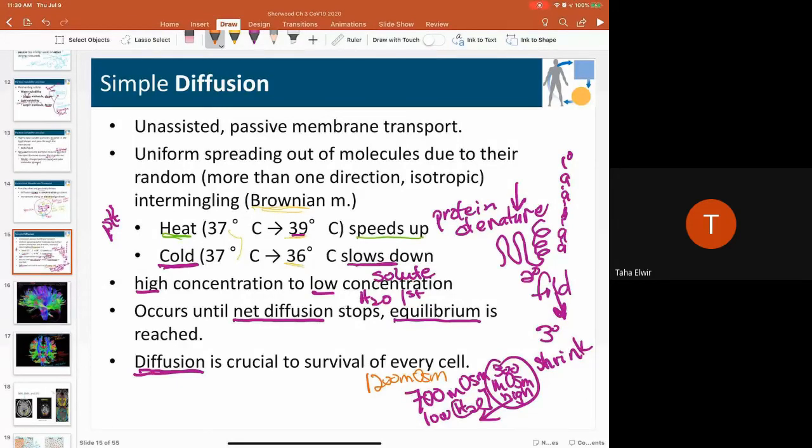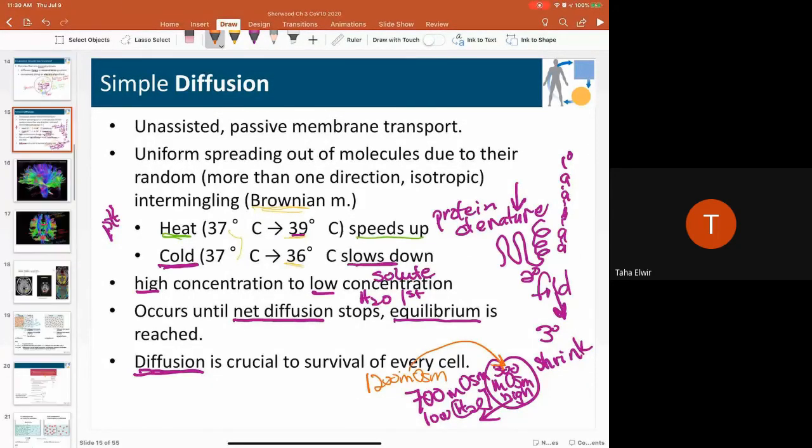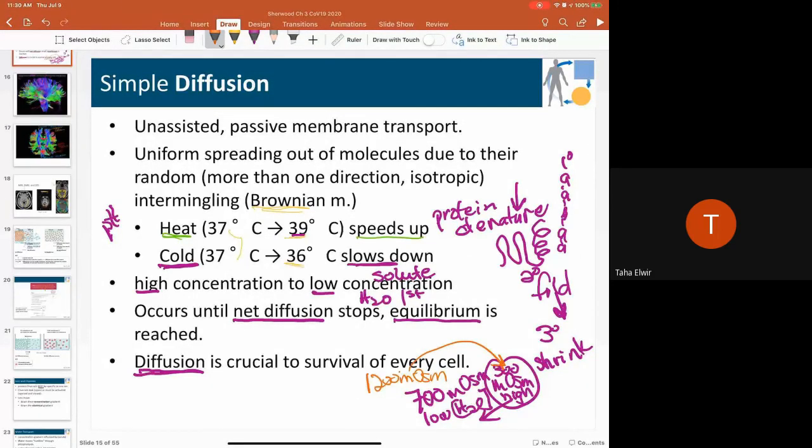And if this was a lipid-soluble substance, water is leaving, but this enters so fast that it starts to reverse the gradient for water, and water comes in, the cell could blow up. So the higher the concentration, the faster things diffuse. So that was his first